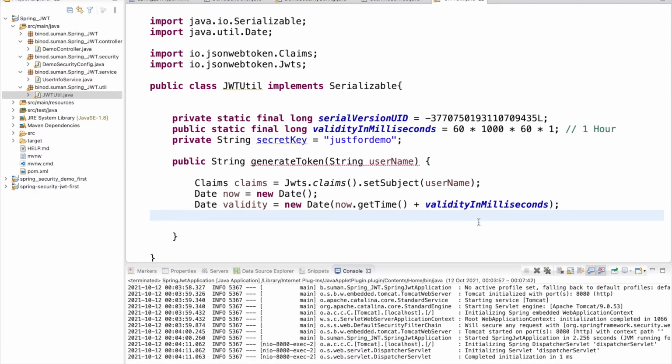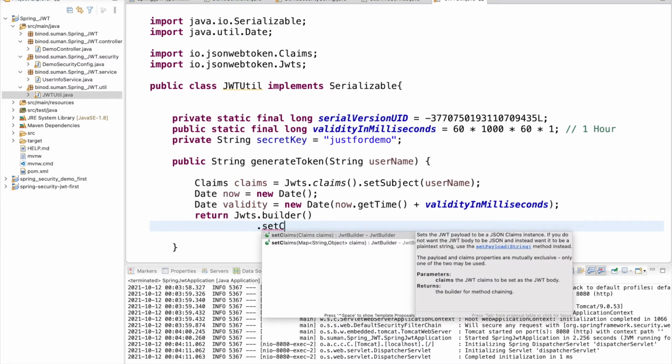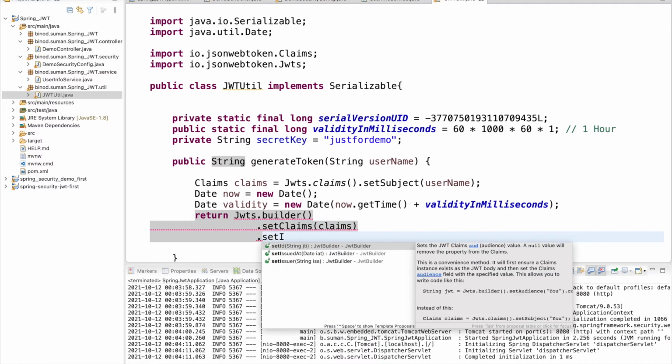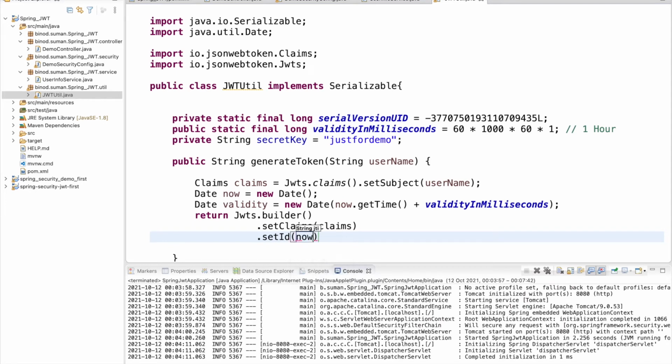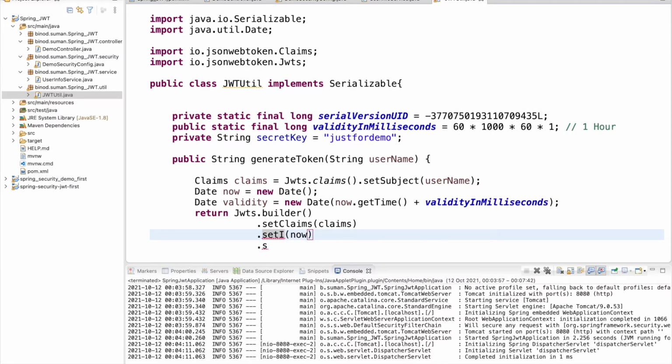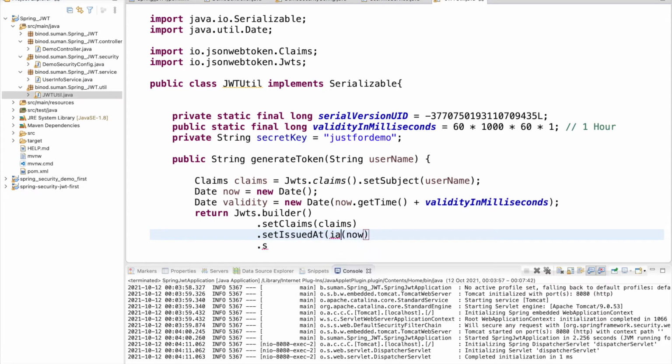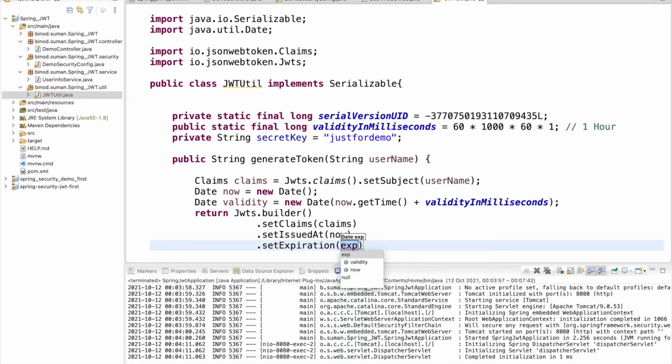Now what you have to do is use the JWT builder, right? In the builder, set claims, right? So we have these claims, okay? Then you have to set the issue date, when it has been issued. So I can say now is my current date here, right? Sorry, we have to give setIssuedAt, right? And then setExpiration, and for expiration we have given this one, right?